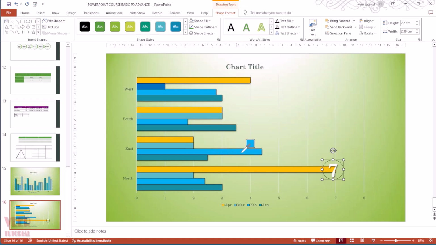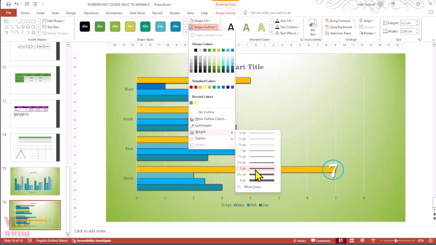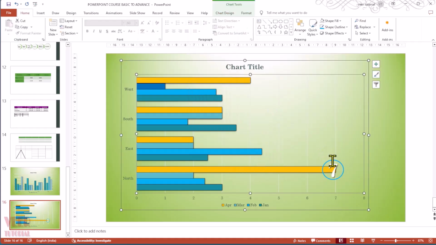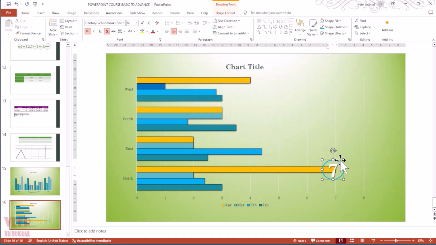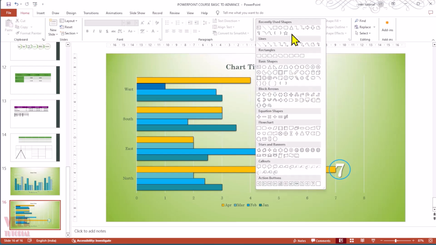So let's say I want to use this one. I want to increase the width, let's say this one, or you can choose any other color if you want. You can move it a little bit here. And now I want to congratulate the team using my other callout option. So I'm going to insert this option,